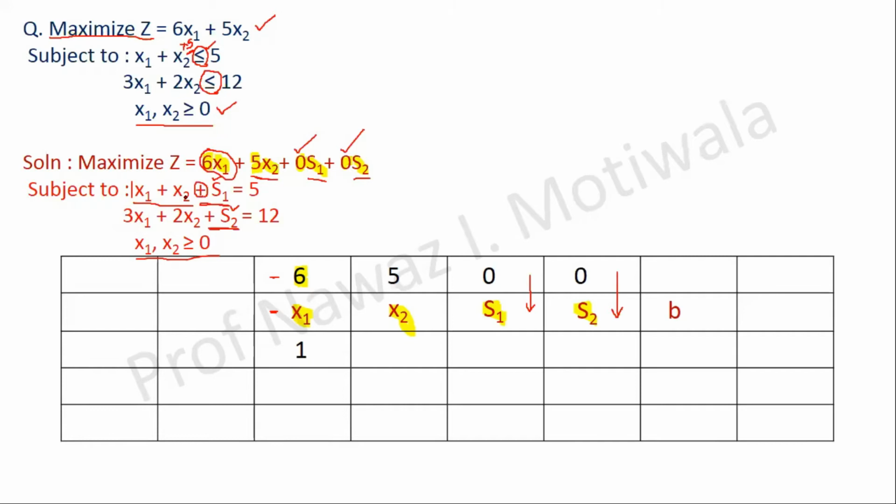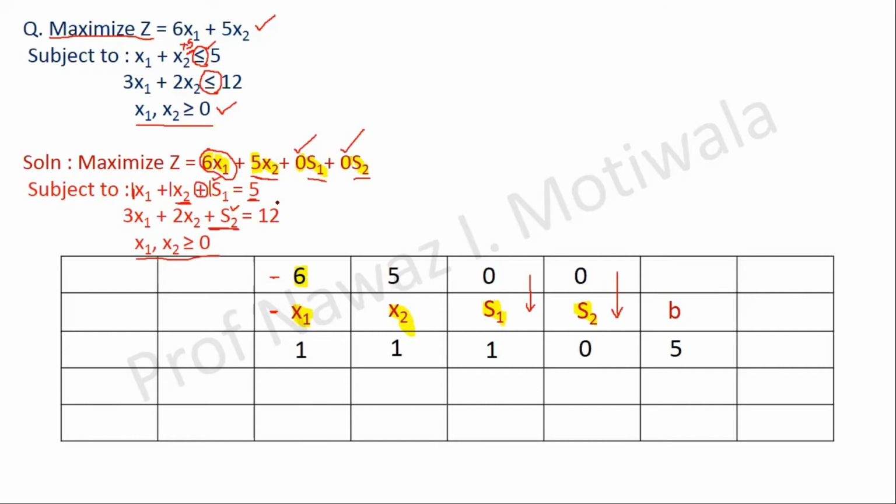Then the corresponding coefficient of x2 in this particular equation is also 1, so I will write down 1 here also. Next, for s1 the coefficient is again 1, so I will write 1 here as the coefficient of s1. Now what about s2? As s2 is not available in this equation, you can't find any s2 in this first equation, so I will write the coefficient as 0, because there is no s2 present in the equation. And this 5 now remains, which comes under the B column. B means a constant of that equation which is available on the right hand side.